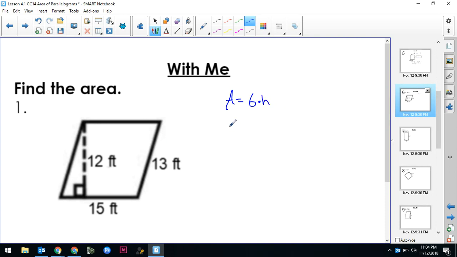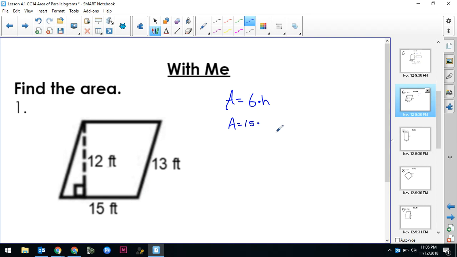Okay, and now we're going to substitute in the information we know. So we don't know area yet. So we're going to keep A equals, and this is kind of cool because in the last chapter we weren't allowed to have equal signs, but now we are. We're finding area. So we're going to go ahead and substitute in what we know. So if I look at this parallelogram, the base is 15. Remember, base is along the bottom, thinking of the basement. So we're going to substitute in a 15 for the base